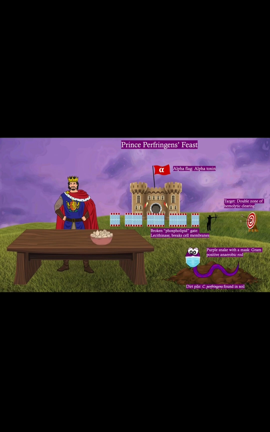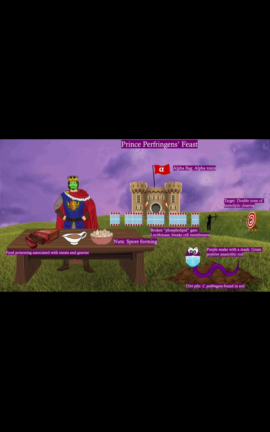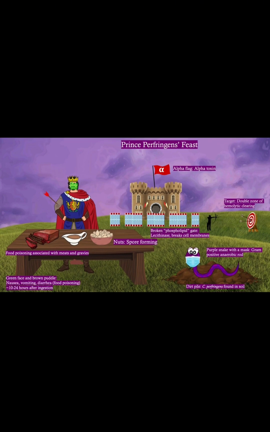Next important thing, what is the prince going to have at the feast? He is having nuts, which are a symbol for the spores. This bacteria is a spore forming bacteria. Along with the nuts, he's going to have meat and gravies. So this meat and gravy can be a portal of entry of the bacteria into the prince's stomach, causing food poisoning. Here we'll have some delay,